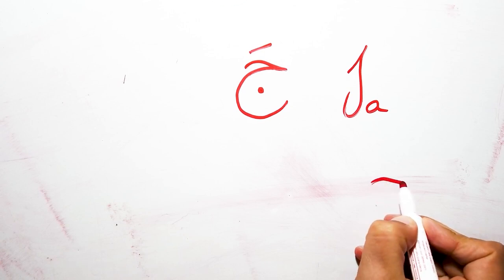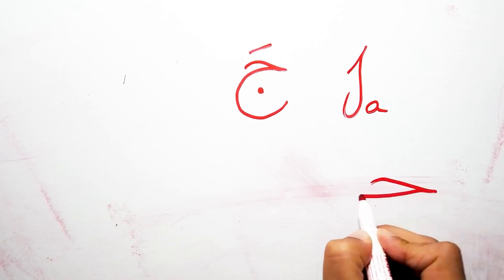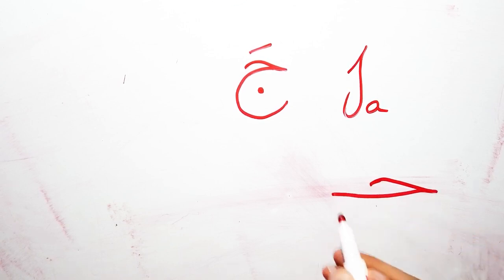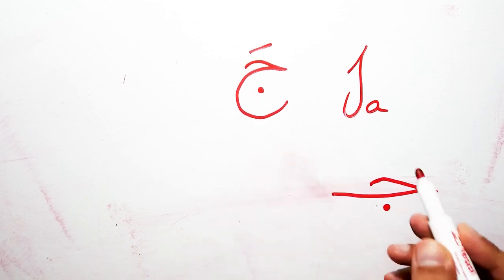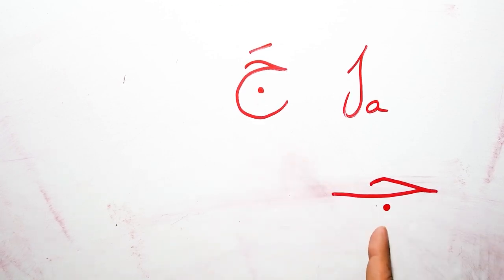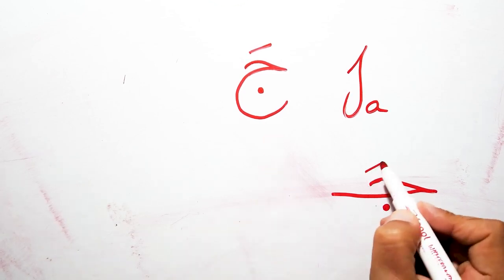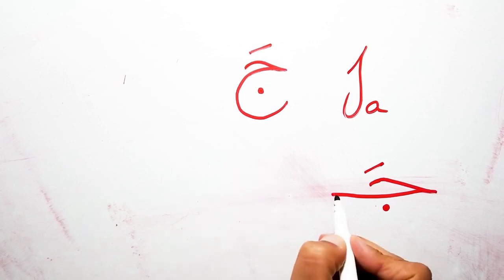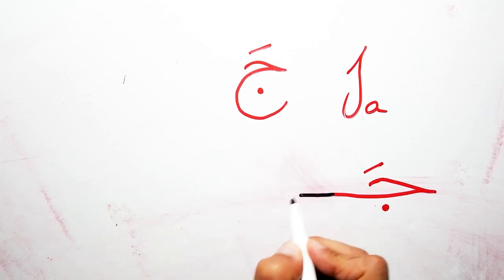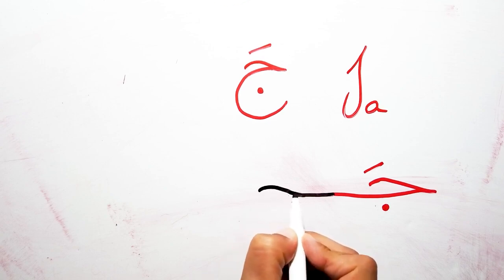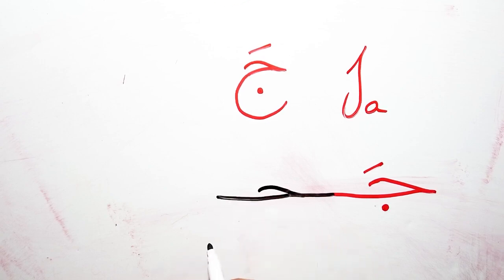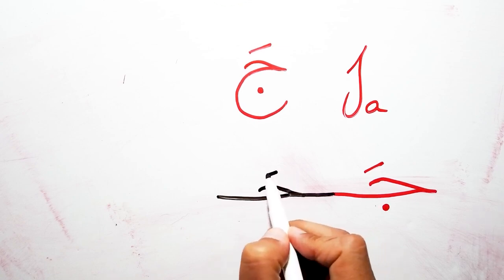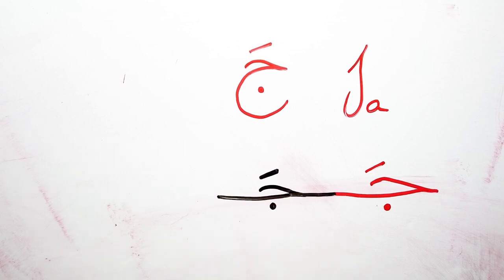Let's say J in the beginning of the word. Super easy. I will do this, and then I will go like this. And I must add a dot here, so the shape is different. J. We mustn't forget this mark. J in the middle of the word, it is like this. I have to add this line, and then I will add this like this, and don't forget the dot and the fatha. Ja. Let's read together.